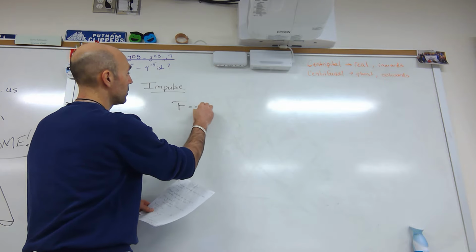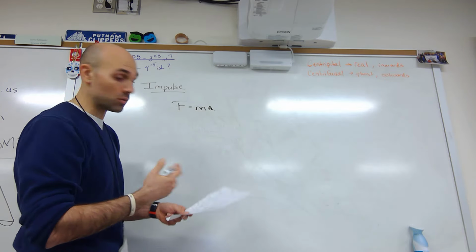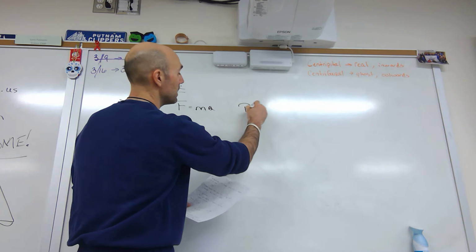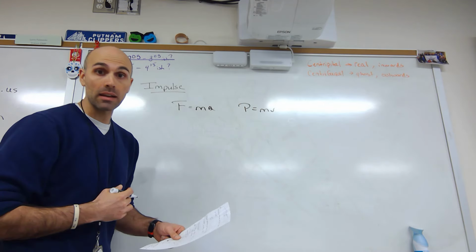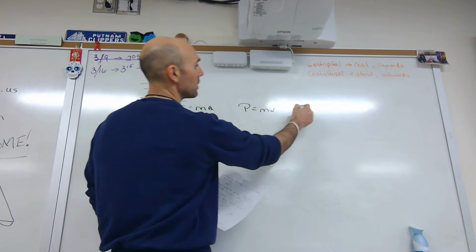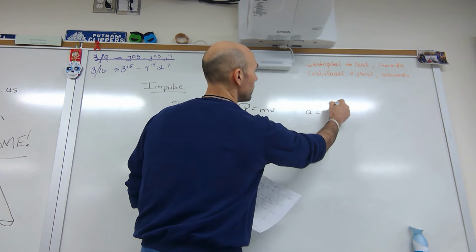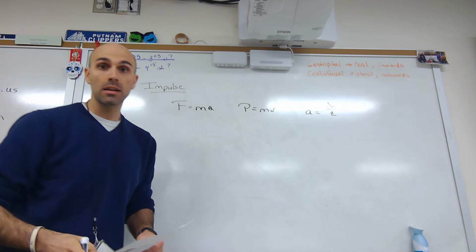So F equals ma, you know that one. That's Newton's second law. P equals mv, you know that. That is momentum. And we're going to look at this one, a equals delta v over t, in which we have